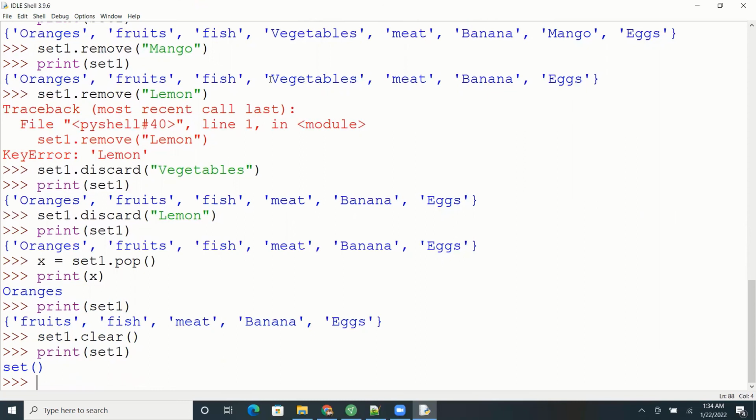The last thing we learn about sets is completely deleting the whole set. Here at this point we still have the set, you see, this variable set1 is still accessible, and if we print it, it is showing you the empty set. Now if I write